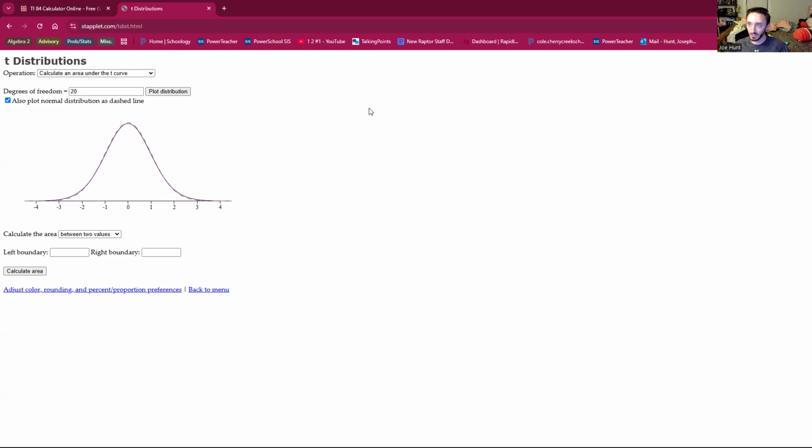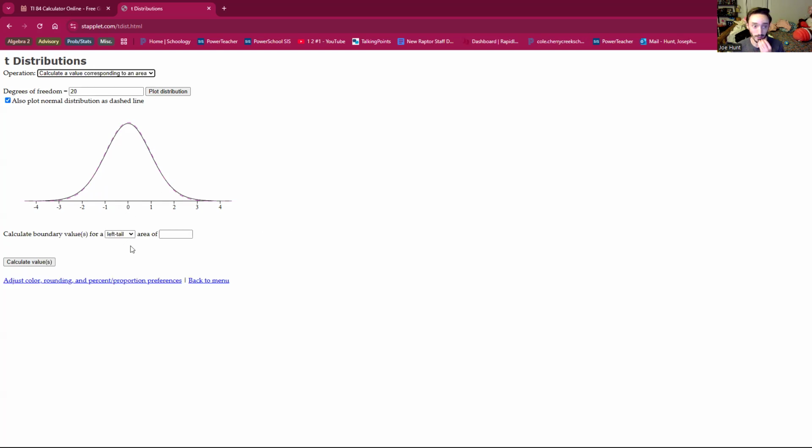So the more things you have in the sample, the higher your degrees of freedom is going to be, the more normal the data is going to look. All these things are good in the long run. What we want to do is find a value corresponding to an area, right? What I'm going to do is change this maybe to a central test where I want 90% of the data packed in the middle. So the way that we're going to think about this is if there's 90% of the data in the center, there's going to be 10% on the edges, which means I need 5% and 5% in each tail. And thinking about that mental math is really important to get your inverse T distribution correct when you're working through these kinds of questions.